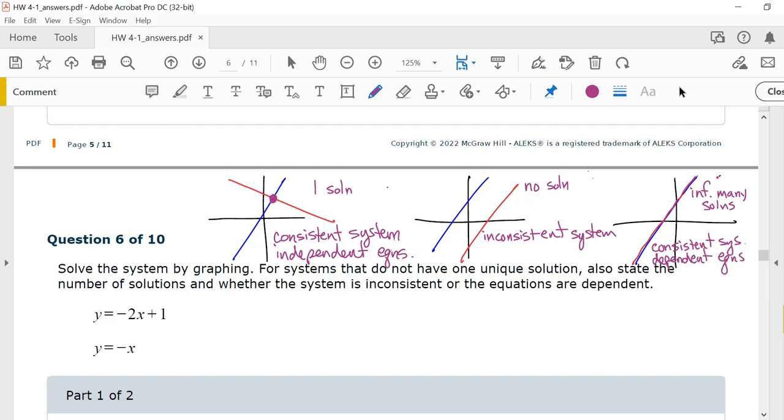So notice that the consistent systems, this one and this one, have solutions. If the system does not have a solution, we say it's an inconsistent system. Now, the difference between the two consistent systems: if the equations are independent, then there's one solution. If the equations are dependent, in other words, they depend on each other, they have to be the same, then there are infinitely many solutions. All right, so let's go graph these two equations and see which of the three